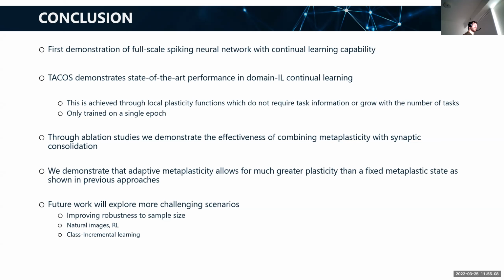And so, as I was saying with the question, we're trying to move this to more interesting samples and domains: reinforcement learning, other more natural images, class incremental learning. So instead of using the same output neurons per task, it has to be able to tell you what it is and from what task that came from. Quick note, reinforcement learning always has to be domain incremental, because it's just the same actions that you can take. But yeah, so that is my conclusion.